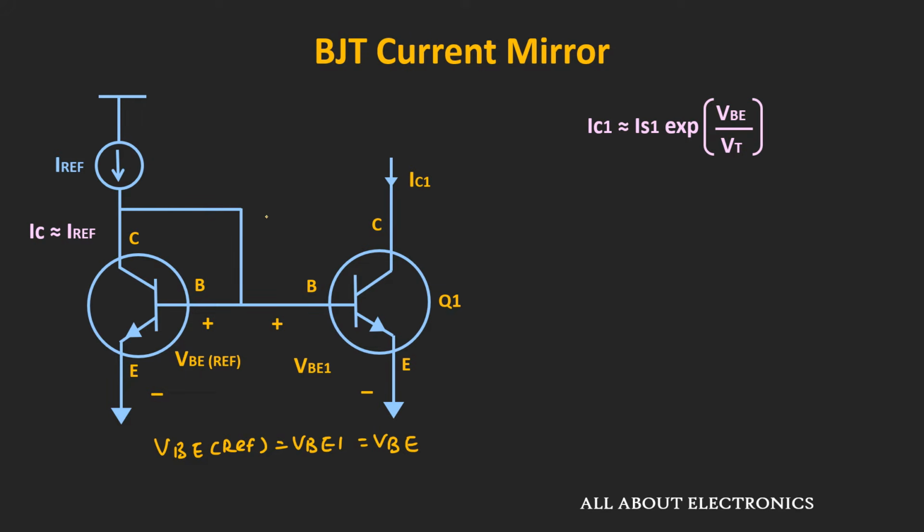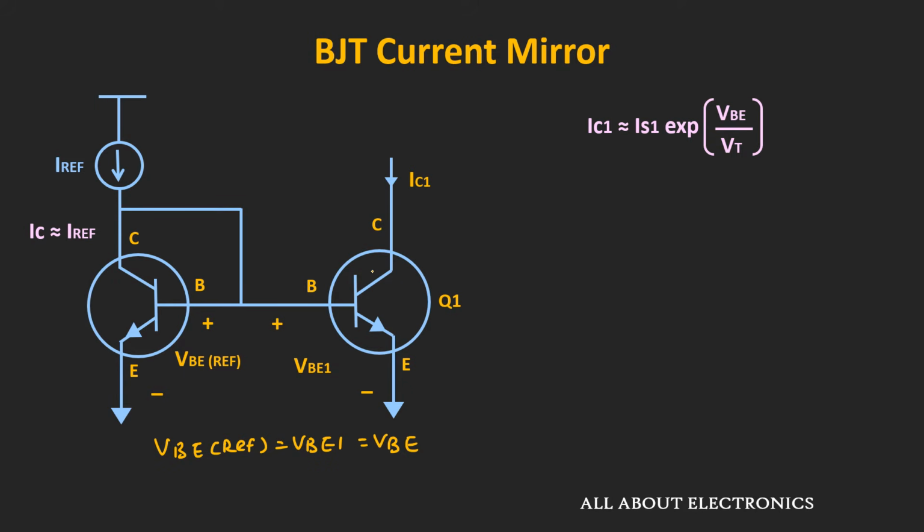So basically here, first of all, we generated the voltage which is proportional to this reference current. And then we applied this voltage as an input to the second transistor. And this second transistor generates the collector current based on the input voltage. So here the first transistor acts as a current to voltage converter, while the second transistor acts as a voltage to current converter. So here this collector current IC1 is proportional to the I reference, and let us also see that mathematically.